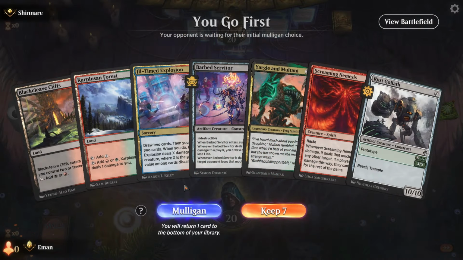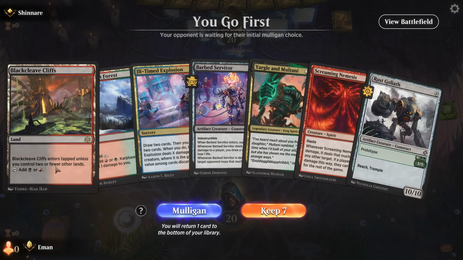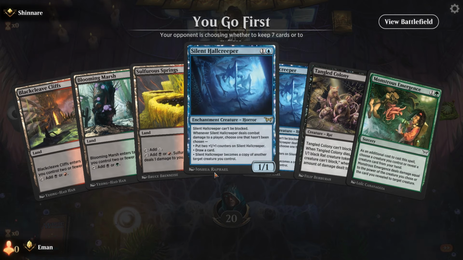Alright, on the play. This hand... we need more lands for it to be good. Give it a try, I guess. Maybe not. I mean, we have the explosion. We have this into this into this, but nothing to do on turn 2. Don't have our colors for blue. I think I'm gonna... Oh. Okay, this is very awkward, but maybe it's a little better just because...